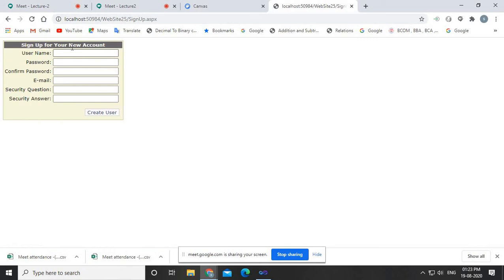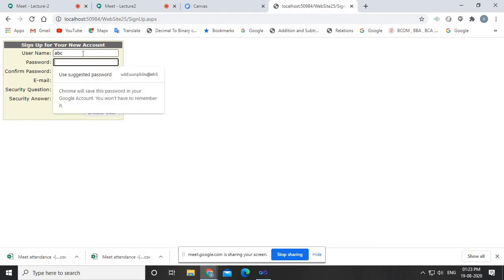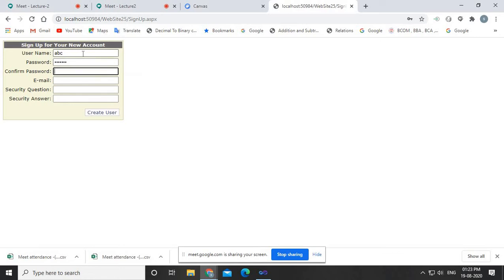So that user who doesn't have a registration on the website will simply click on new user, right? So I'm clicking on new user. We'll create one user. So for example, here I'm creating a user. Fine.